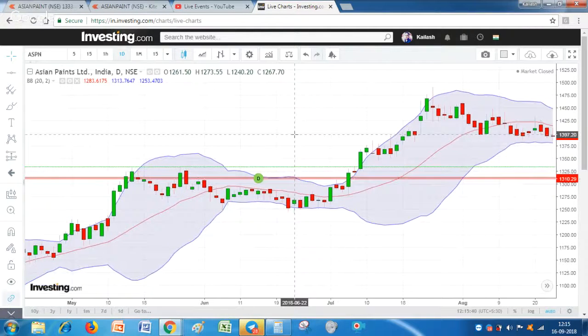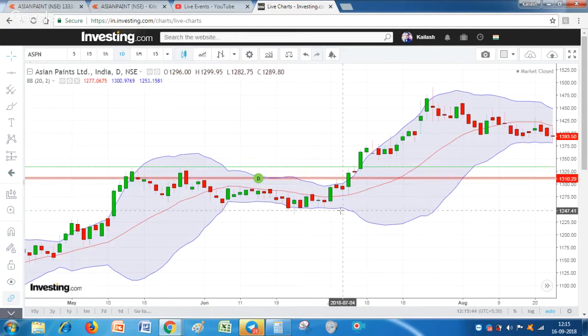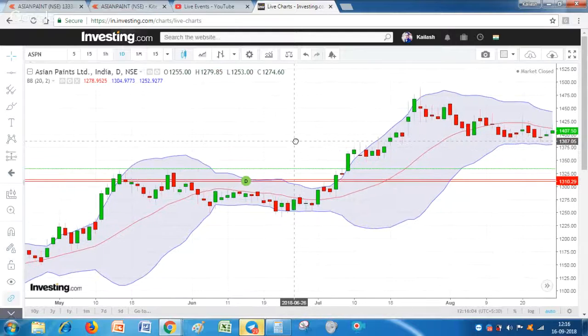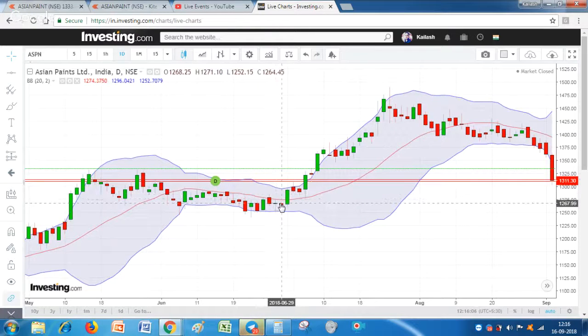Okay, friends, now there is a condition. Look at this level. Once the stock came to this range, it remained in a range for a few days. Once stocks come into a range, when there is a compression in the Bollinger Band, that is the time we should look for a big move of the stock on either side. Here we need to wait for the stock to give an entry. Sometimes we may miss it if we are not able to track it at the right time, but if we are able to get this stock at the right time, it would be a wonderful entry at this level, friends.